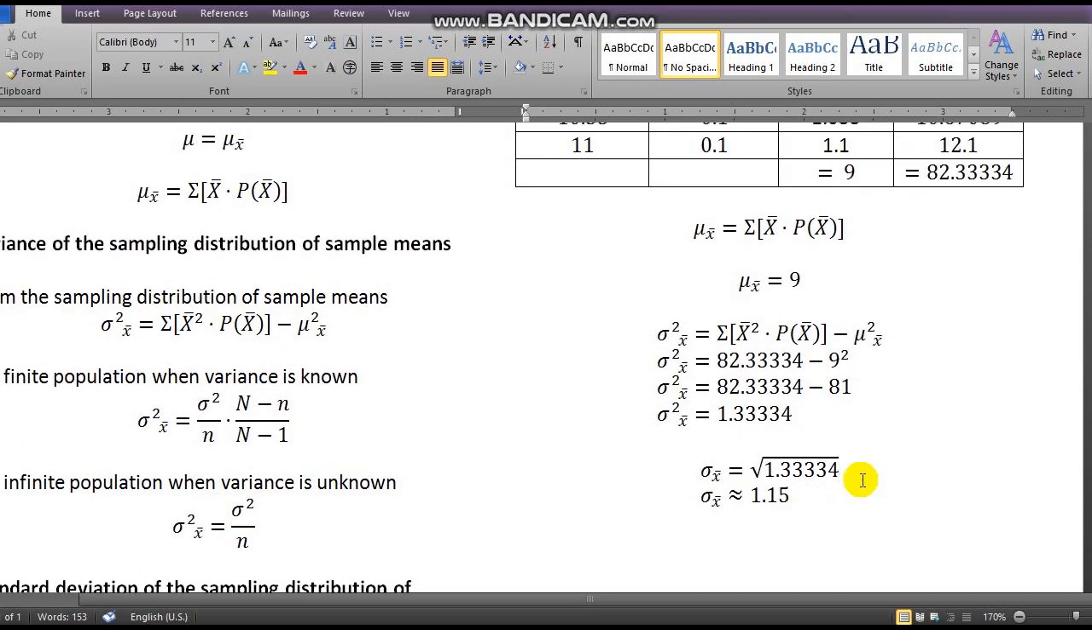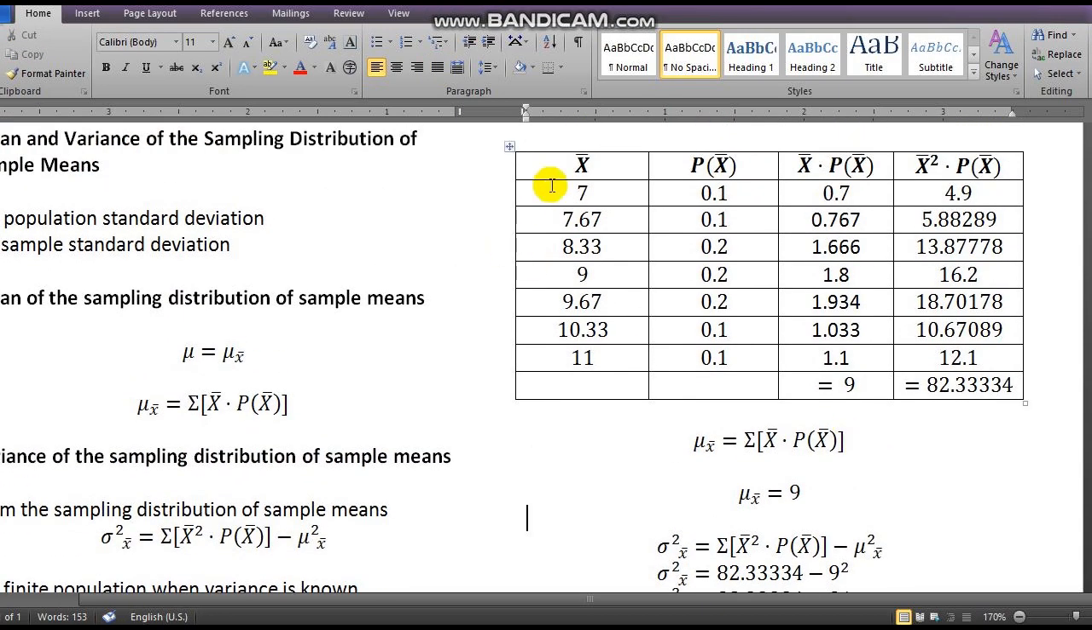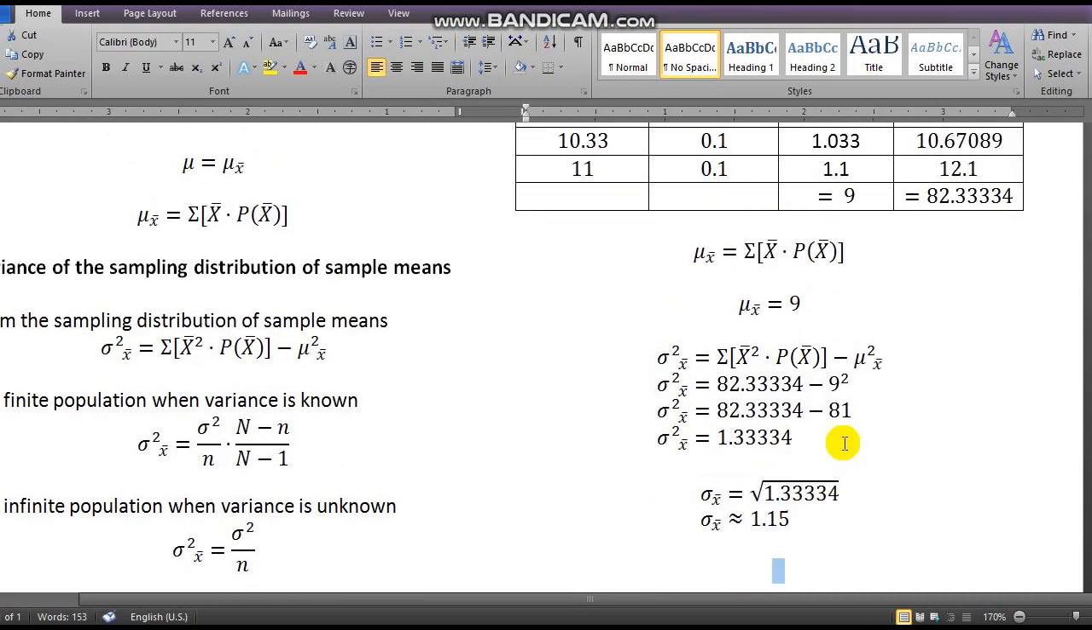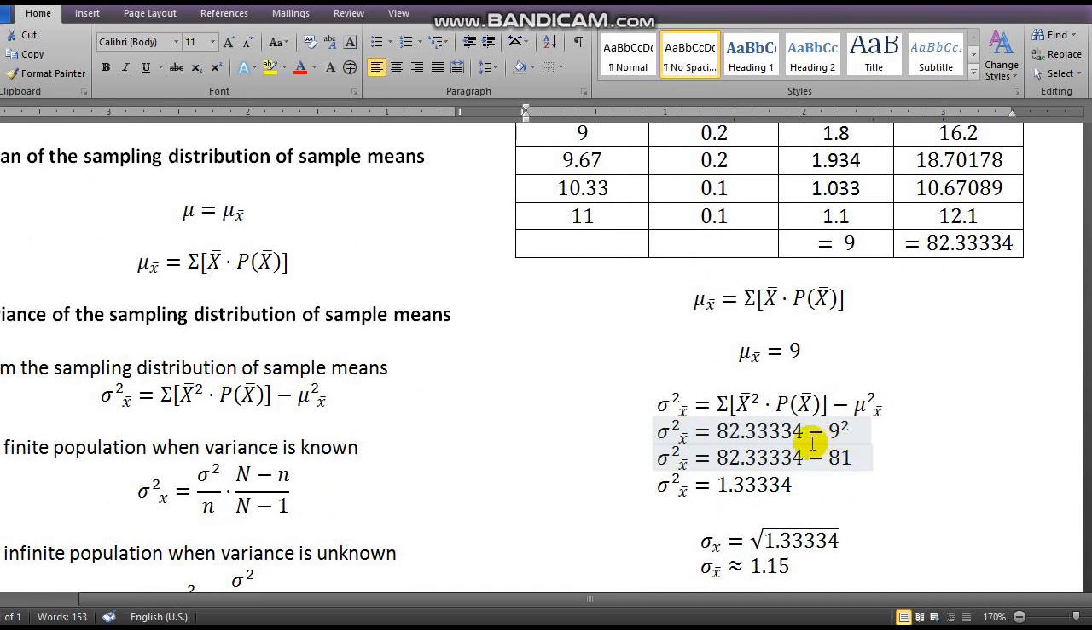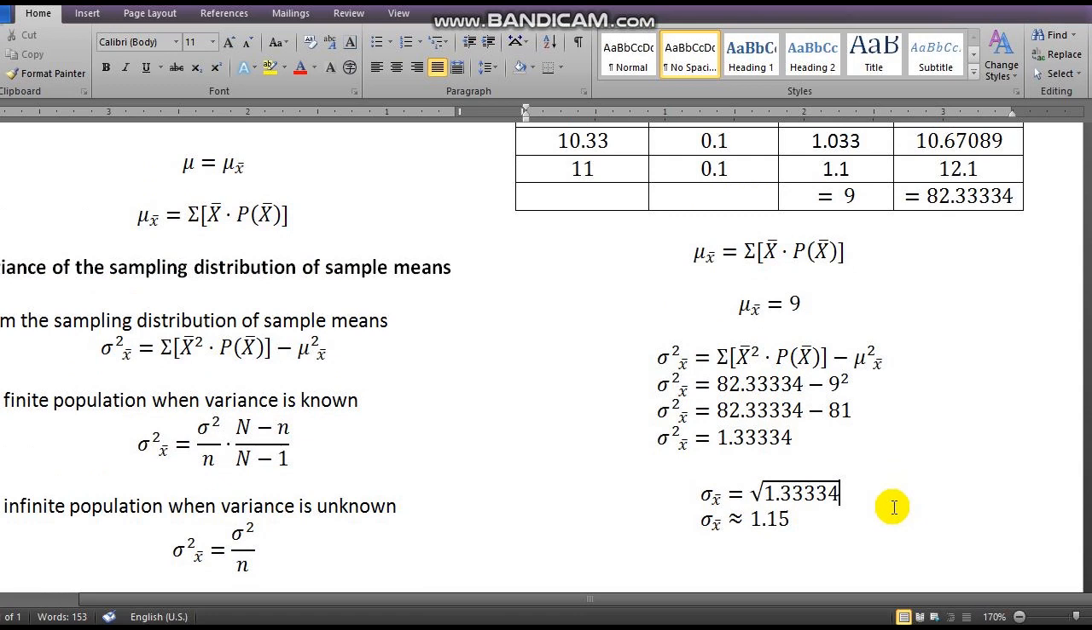So basically, since the mean of the sampling distribution of sample means is 9, this tells us that the mean of the population is 9. So if we select a random sample, we can get these numbers here. And our standard error would be around 1.15. So the deviation would be around 1.15. Remember that we can apply what we've learned in our normal curve in analyzing the standard deviation and the mean of the sampling distribution of the sample means. This is also called our sampling error. So that's it for the mean and variance of the